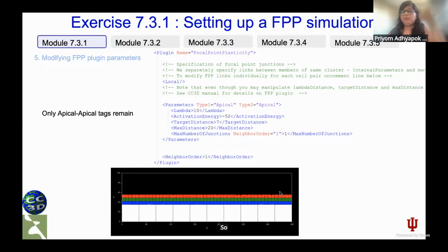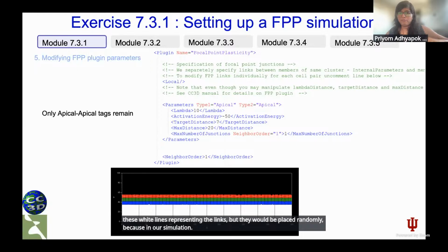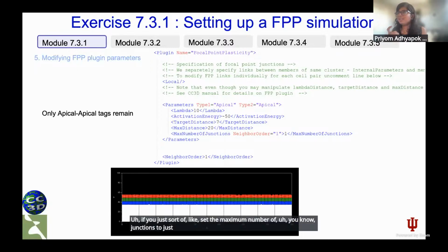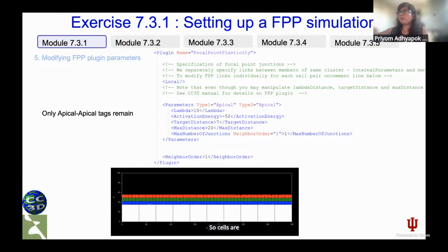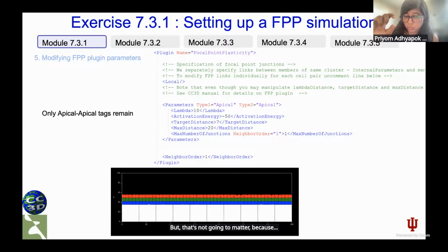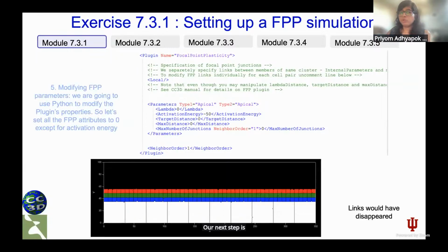If you run your simulation at this step, you'd see white lines representing the links, but they would be placed randomly. In our simulation, if you set the maximum number of junctions to just one, cells randomly try to grab onto just one neighbor, and that's why you don't have links between all of these pairs. But that's not going to matter,